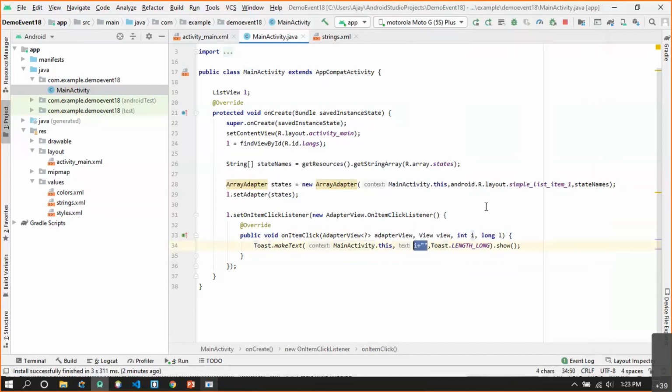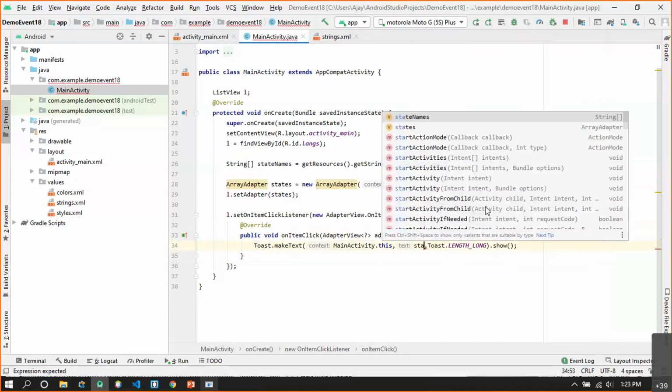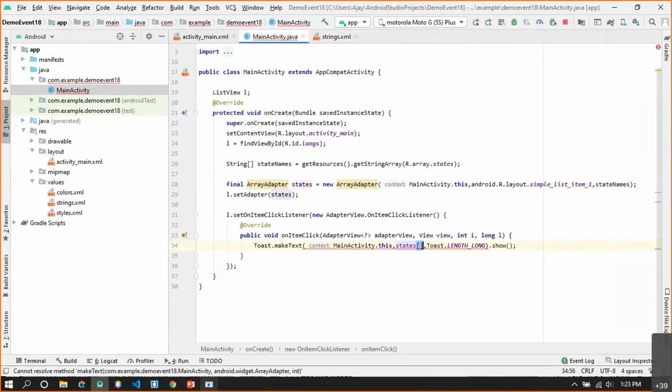If I want to display the element instead of the index, the elements are stored inside this states array. Since I is the index, I just have to display the element at index I from the states array.